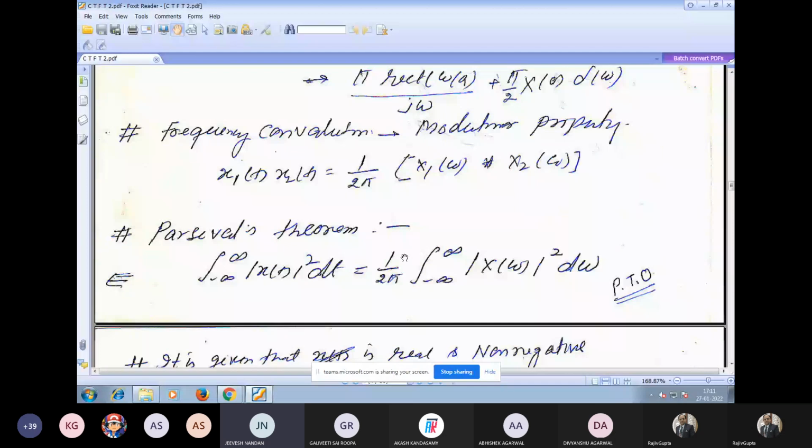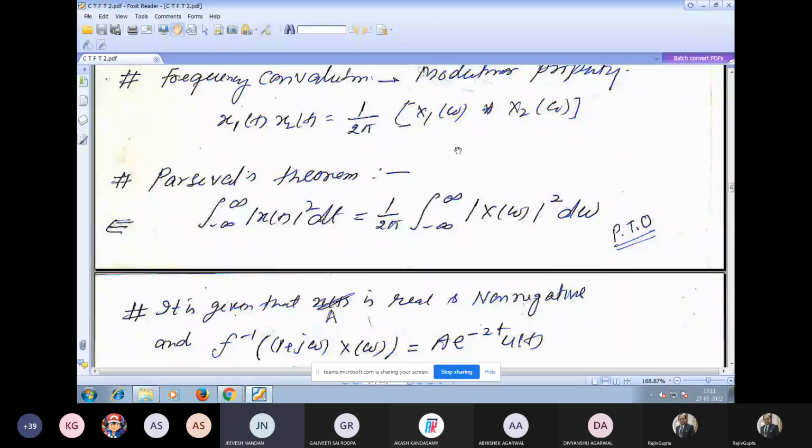Basically, Parseval's theorem is used to calculate the overall energy of a signal, which is minus infinity to infinity mod of x(t) square dt. In the time domain, the energy can be calculated by this formula. Whereas if you have the Fourier transform of the signal, you will easily be able to calculate the energy of that signal, that is 1 by 2 pi minus infinity to infinity mod of X(omega) square d omega. This is an important term that everybody has to remember,